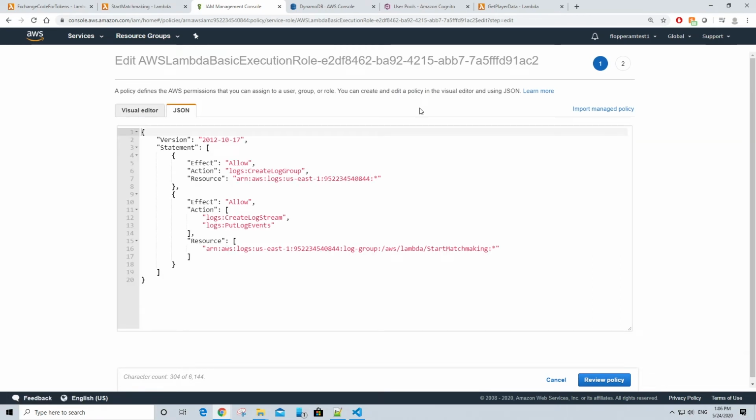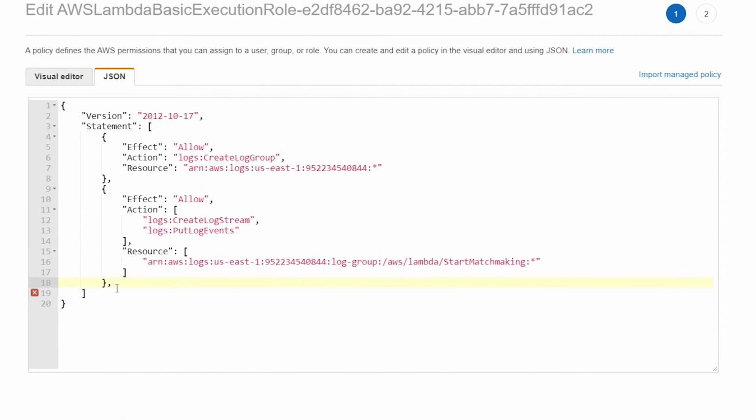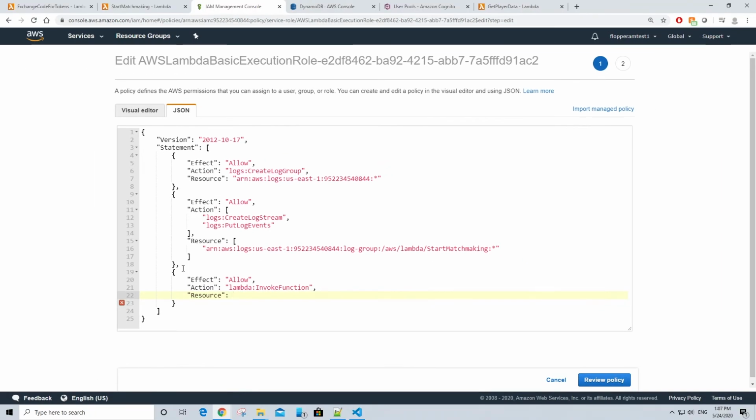And then here we're going to be adding two objects to this statement array. The first one will be for allowing this Lambda function to invoke the get player data Lambda function, and the second one will be for allowing this Lambda function to call GameLift start matchmaking. So right before this last closing square bracket, after this closing curly bracket, type a comma and then type some curly brackets and in quotes Effect, colon, in quotes Allow, comma, in quotes Action, and then colon, oh, I misspelled Action, and then colon, in quotes lambda:InvokeFunction, comma, in quotes Resource, and then colon, in quotes